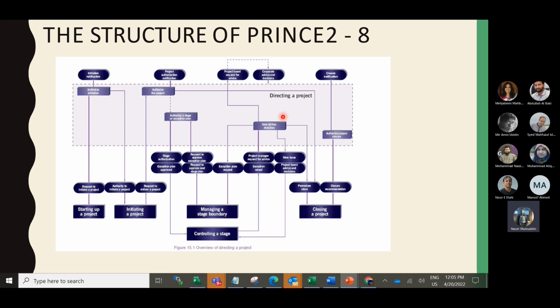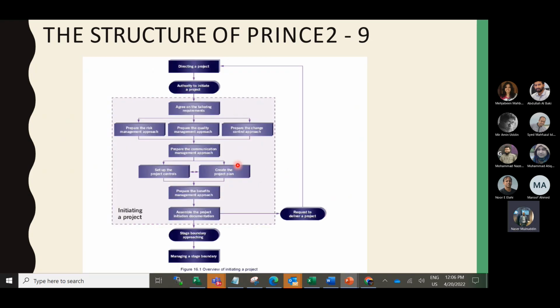Then in detail, based on this, directing a project, this is the overall diagram. The second process is called the DP process, directing a project. There you see the overall project life cycle, where they decide whether the project will initiate or not, whether the project can continue or not, and if there is any advice they give the advice, and finally they also make the closure. If the project meets the benefit and the target we initially thought, we can close the project. And there are other processes also.